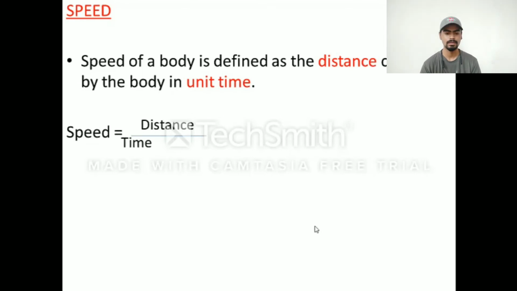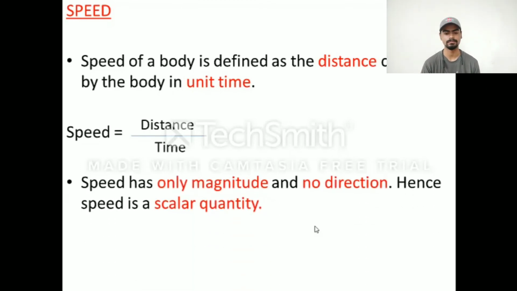Okay, so speed is nothing but distance upon time. If you have distance as well as time, you can calculate speed. Also, if you have speed and distance, using that you can calculate time. And if you have time and speed, you can calculate the distance. That is, out of the three, if any two data are there with you, you can calculate the third one.